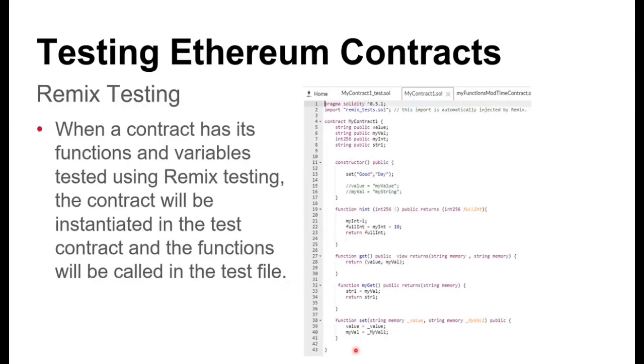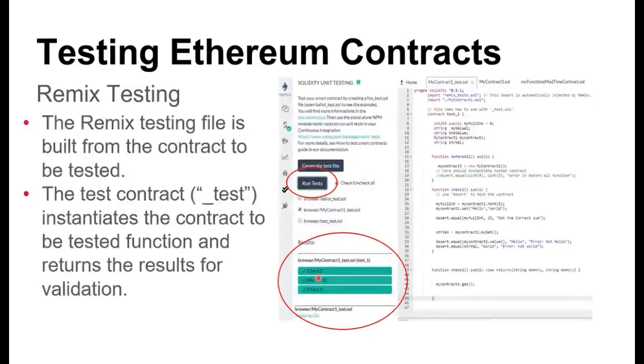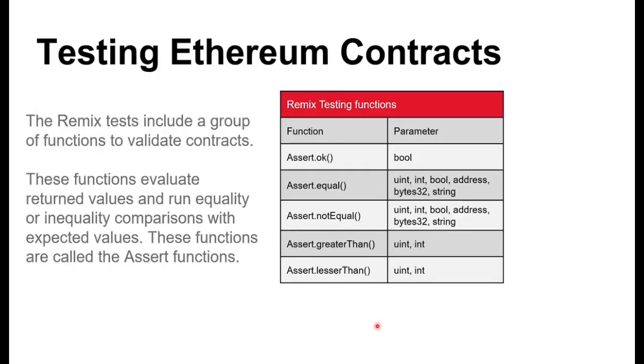And this is the contract that we're testing. And again, we can run this through Remix. Click the run tests and we'll get the output on the run tests. As we're setting up our tests, we can see here the assert OK to test whether a value is still true or false, equal